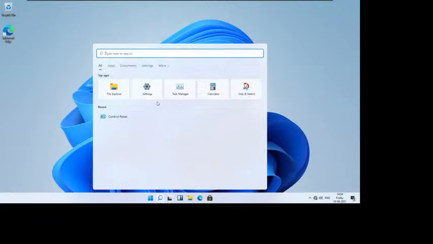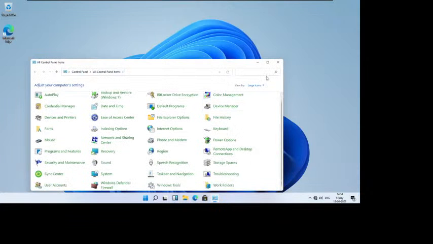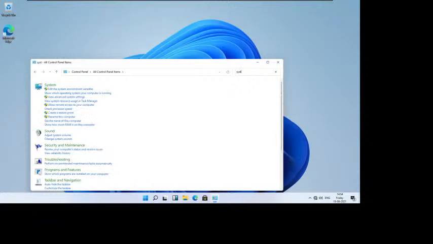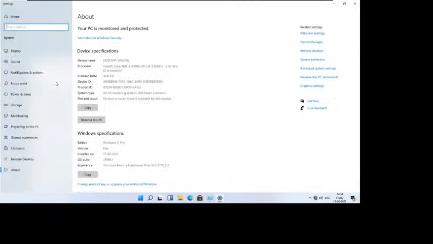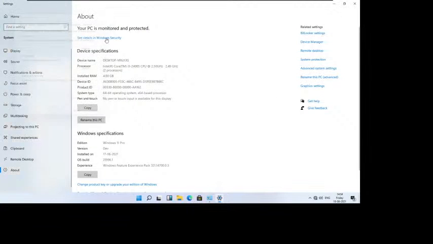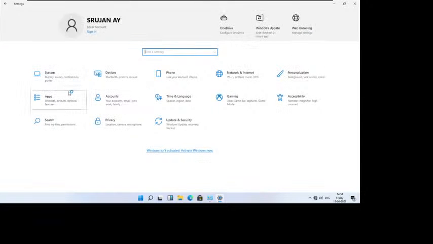Let's go to search. So even if you go to Control Panel here and go to System, let me show you. When you go to Control Panel and System, it would redirect to the Settings app. That is also a feature. Now to get those Windows features, you need to go to the advanced settings here, and I think not from here. So we need to go to Settings, Apps,